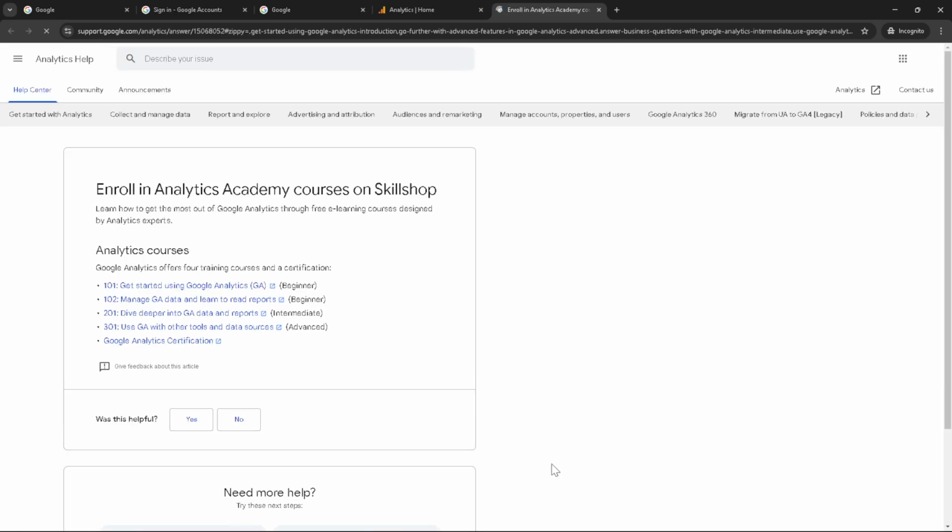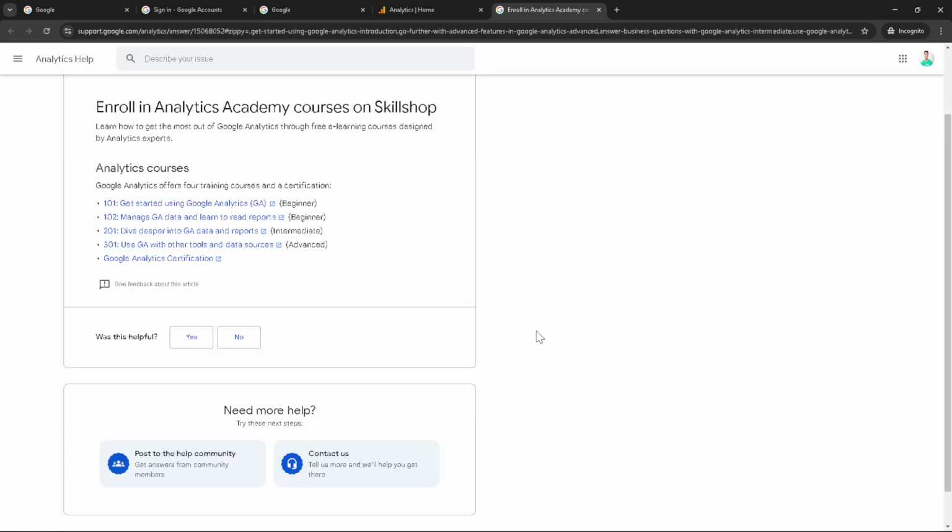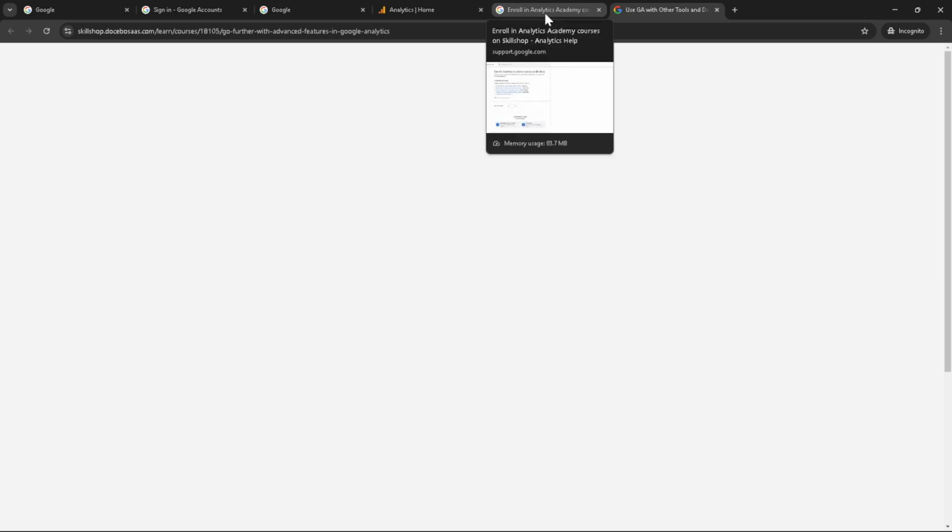You'll be presented with various options, but your mission here is to find any link that will get you directly into the GA4 course. Once you have found one, click on it and you'll be taken to the course enrollment page. Finally, the last step is simple but crucial. Enroll in the course, follow the instructions to complete your enrollment, and you'll be on your way to mastering Google Analytics 4. Upon completion of the course, you'll officially be certified in GA4, showcasing your expertise in this essential tool.